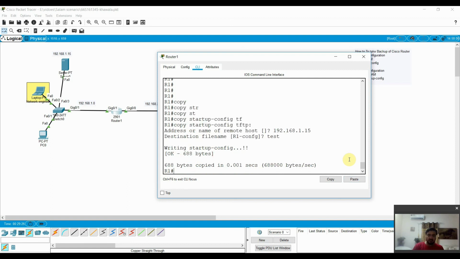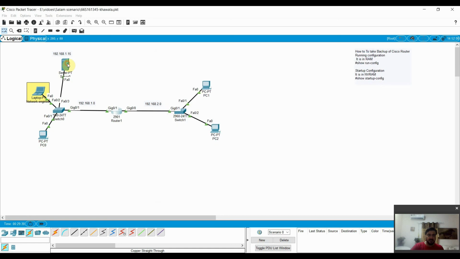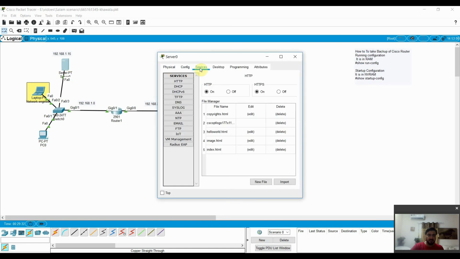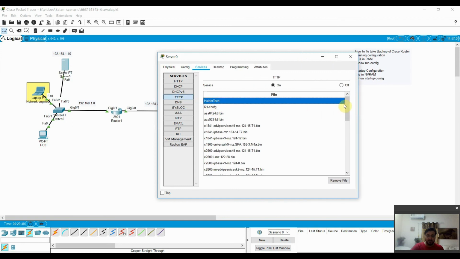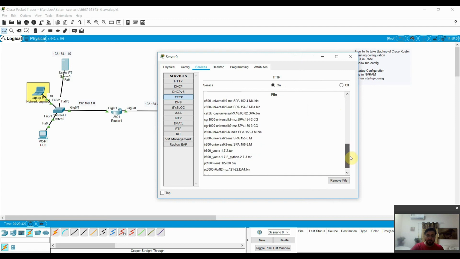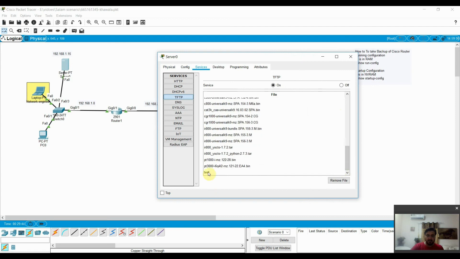Just enter, and you can see it has been copied. You can verify this. Just click on the server, go to TFTP, and you will find it here. This is haidertech, which we already checked, and here is test. This is your startup configuration.